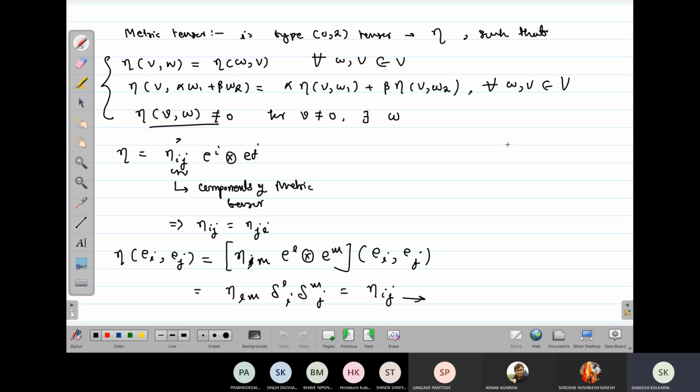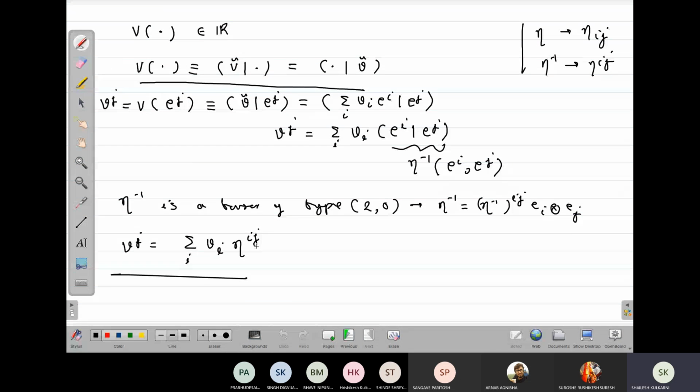You don't have to do anything, it's already fixed. It is just the inverse. This eta upper ij is the component of the inverse of eta. It's not an arbitrary tensor. One can show that it is in fact a component of the inverse tensor of eta,